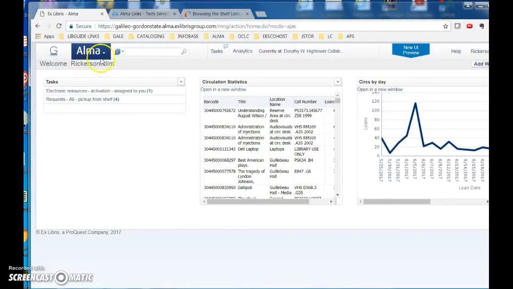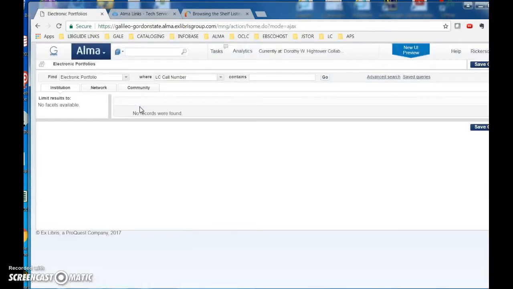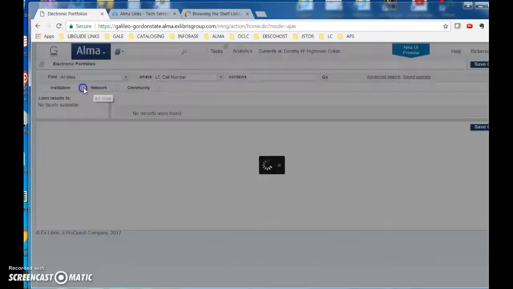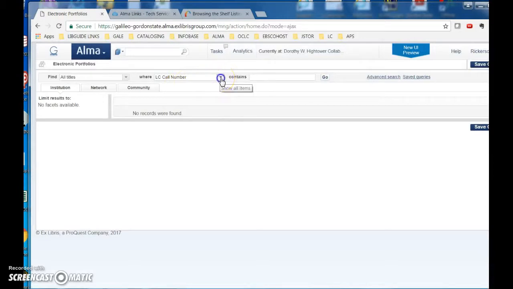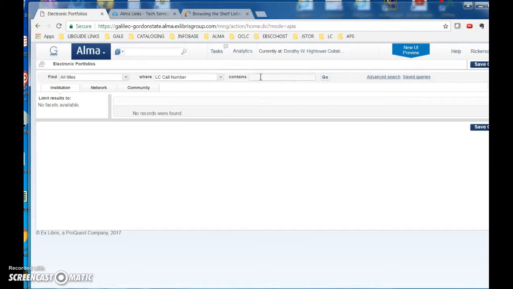Okay, let's search by call number. What we're going to do is go to repository search. From the repository search, if you select all titles, one of the options here is LC call number. When you put in the call number, you need to take out the publication date, and you also need to take out the cutter,